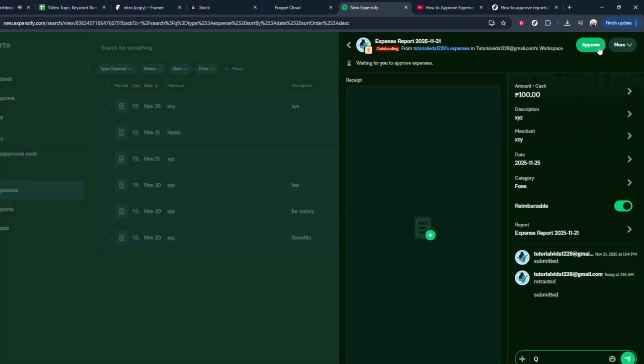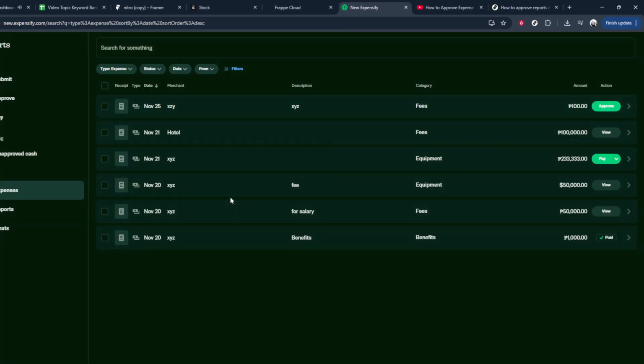Once you've done that, Expensify will update the status to show that the report or expense is approved, and it will move along to the next step in your company's reimbursement or accounting process. That's all there is to it. Open reports, review your expenses, and